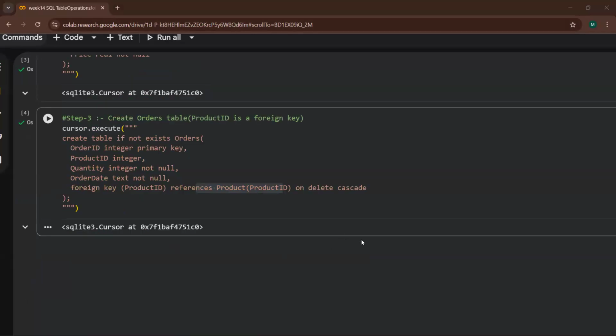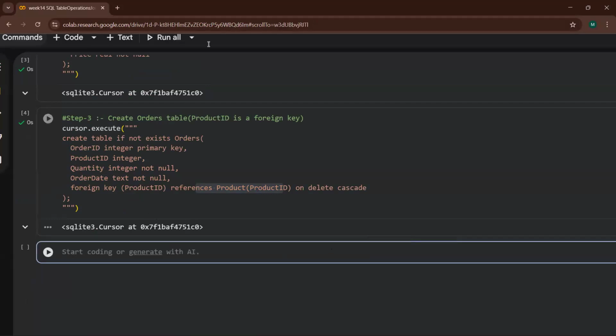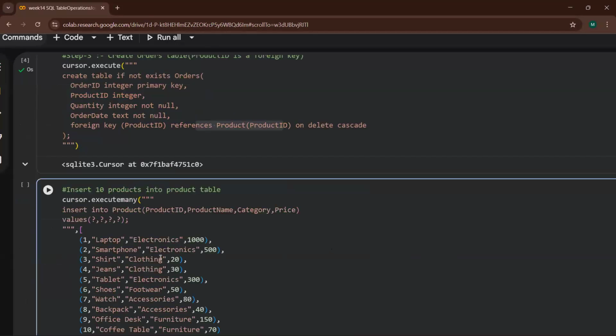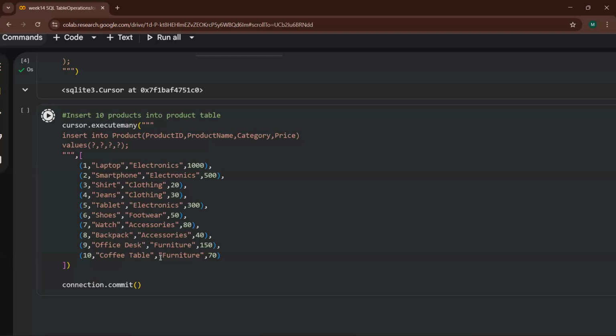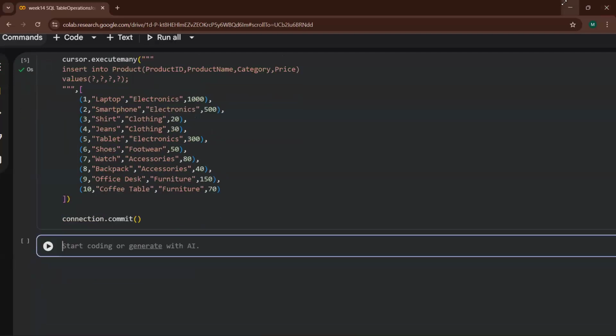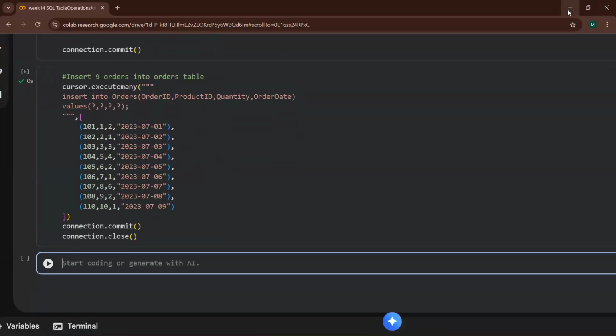No, delete cascade: if one row is deleted from the first table, it will automatically be deleted from the second table as well. That means delete cascade. Okay. Now insert the values. Insertion done.